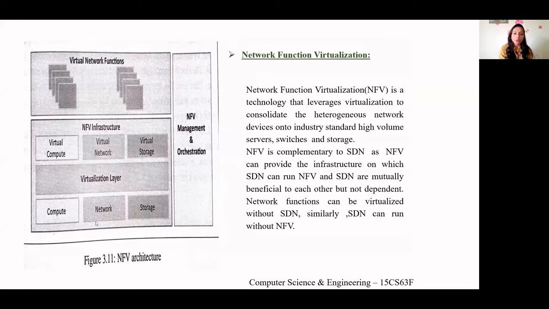One question will come: explain NFV architecture. This diagram you have to draw. Before that, what is NFV? It stands for network function virtualization. What it does is, it consolidates the